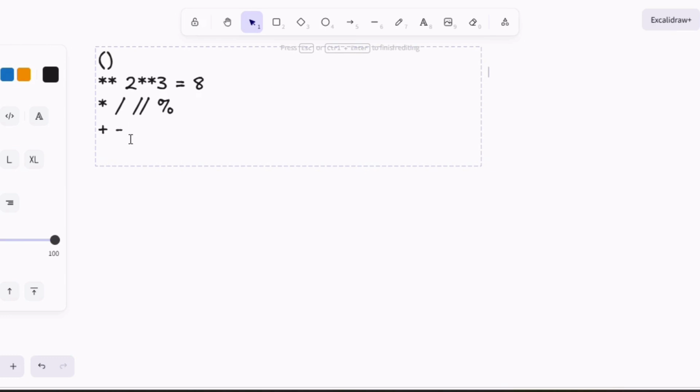These two operators also hold the same precedence, but they have the lowest priority, and again if you see both of them coming together, they will be solved in left to right order. So if plus is coming first then plus will be solved. If minus is coming later, then minus will be solved after plus is solved. So Python solves these types of things in left to right order where the precedence is the same. Okay, let's get back to the question.